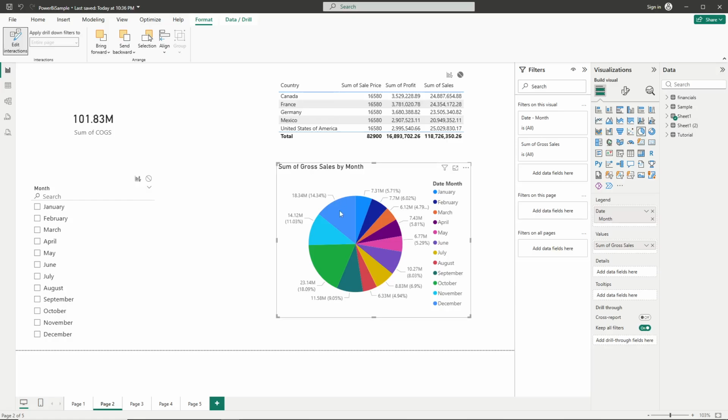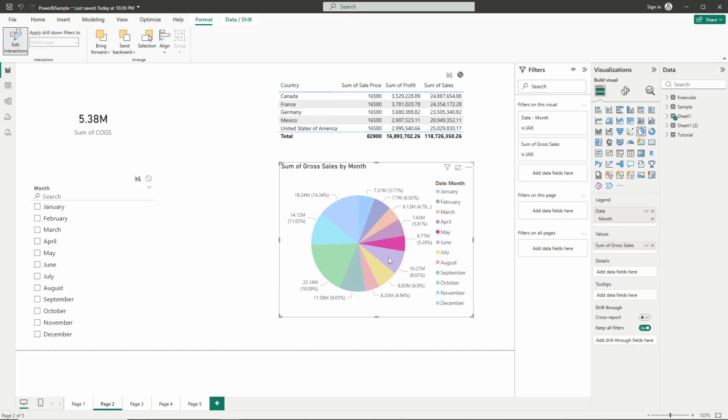And that's it. You've successfully customized how your visuals interact with each other in Power BI. Now, try interacting with your pie chart. Click on any segment, and you'll notice that the card visual updates based on your selection, while the table remains completely unchanged, showing all its data regardless of what you click. This level of control makes your reports much more dynamic and